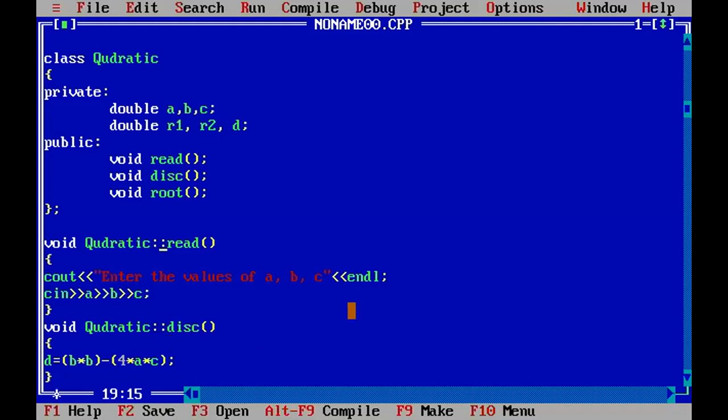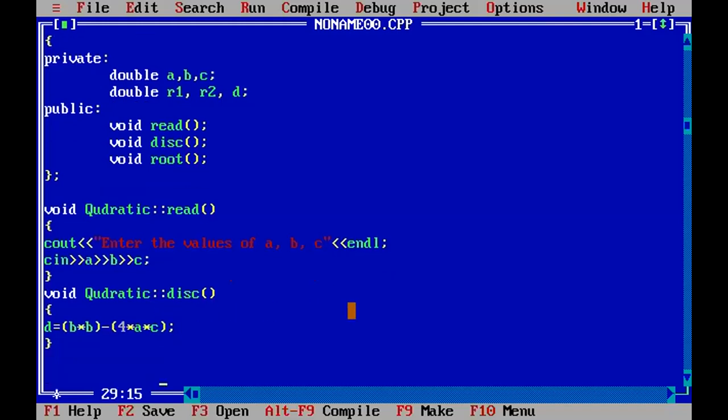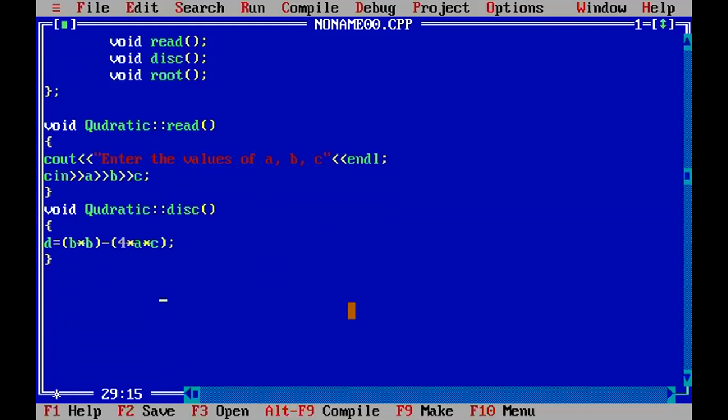So now I would like to compute the roots. Now how do I compute the roots? To compute the roots, I'm going to make use of void, again use your class name followed by the scope resolution operator, and the name of the member function is root. Let me just see here what I have done.